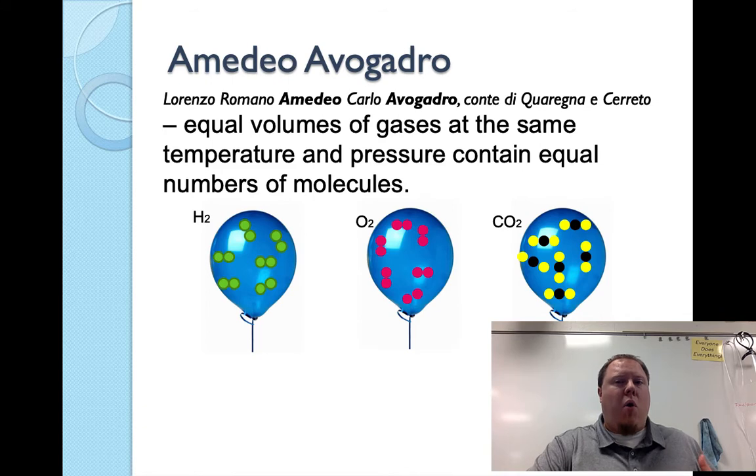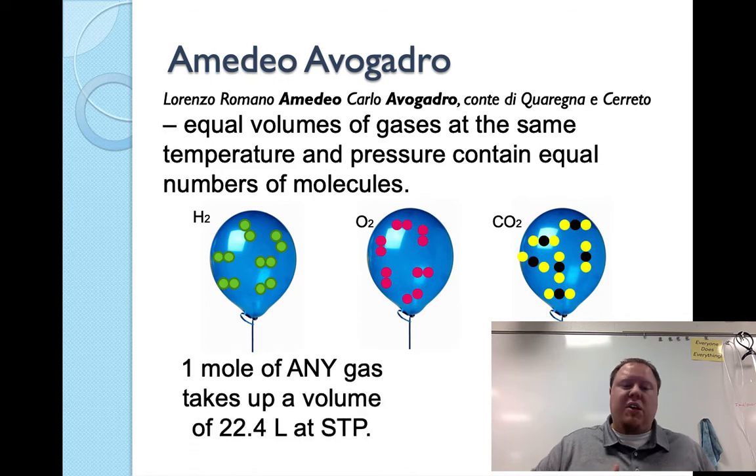That was a mole equals 22.4 liters at standard temperature and pressure, STP. So when we used this before, this is what a mole is, if it's this volume and this temperature and this pressure. So all four things: how much we have, what the volume is, what the temperature is, what the pressure is. Standard temperature and pressure was 0 degrees Celsius and 1 atmosphere of pressure. That's the standard. And so if we had 22.4 liters of it, we knew we had a